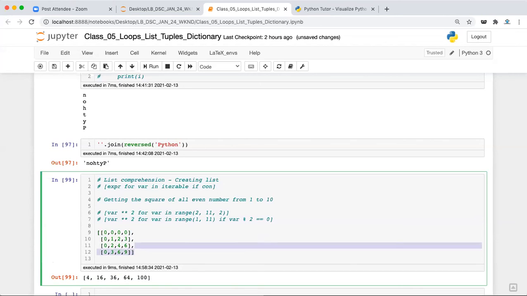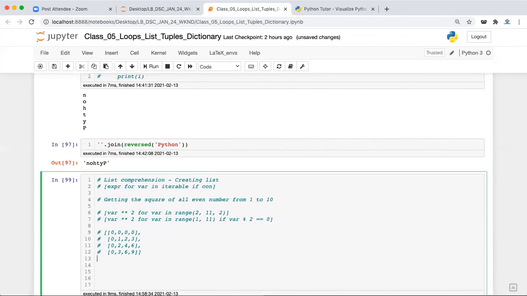Okay, this is the array we want to get. This is basically a 2D list, and we can use a simple loop to create it.